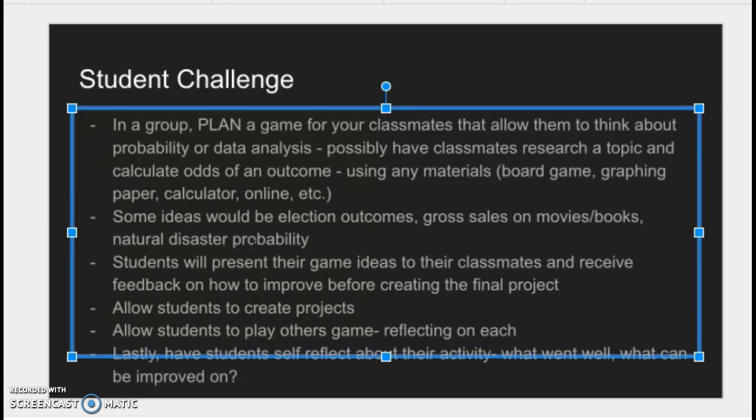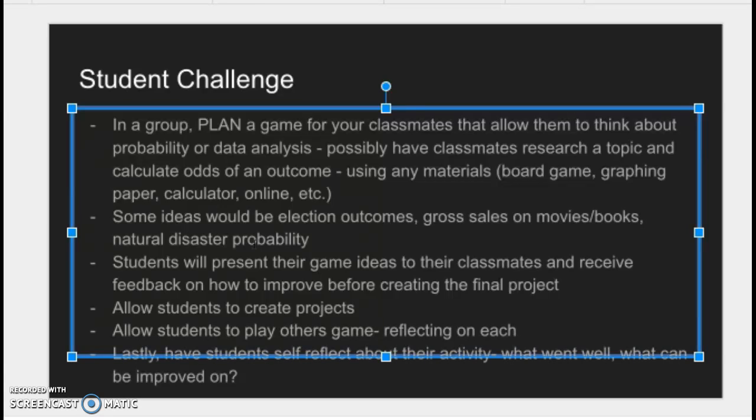Once they receive this feedback, before creating their final project, they're going to apply that. So they go back to their plan, relook at it as a group, and think, how can I make this better? Then students will actually have time to create their projects. Of course, the teacher during this would be checking in on groups and making sure they're on task and including probability or data analysis within these projects and games. And then